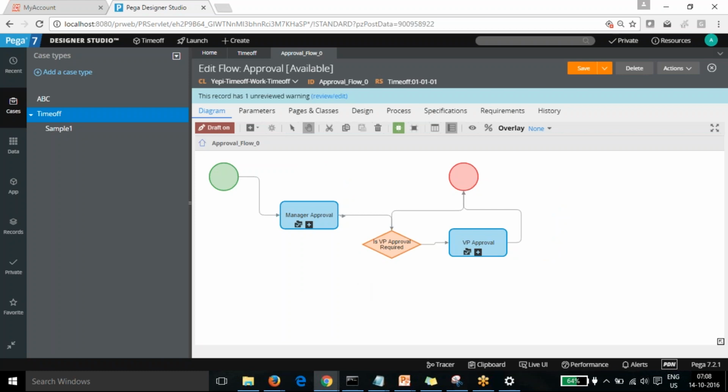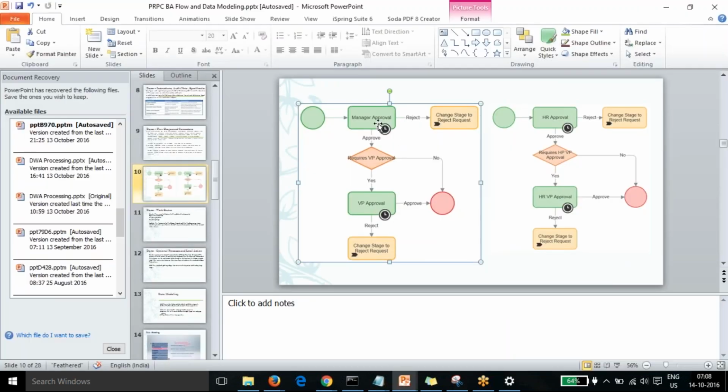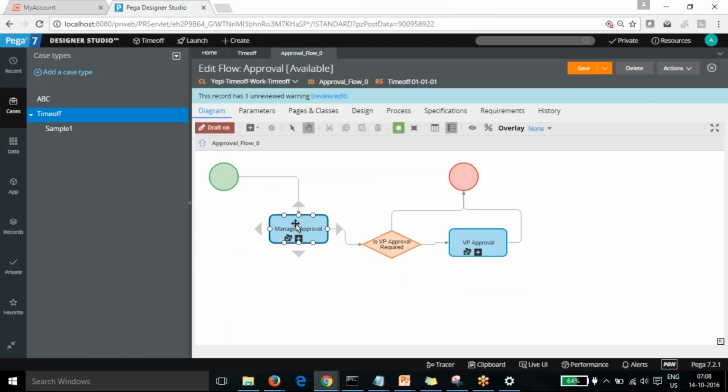Okay, so in this way, sorry, this diagram was not required. Now you can see that we have an approval shape. If it is rejected, it will go directly. It will not show as the same diagram because we are using the smart shape, so that is taken care of by the shape itself.